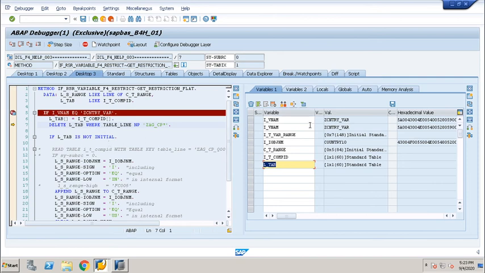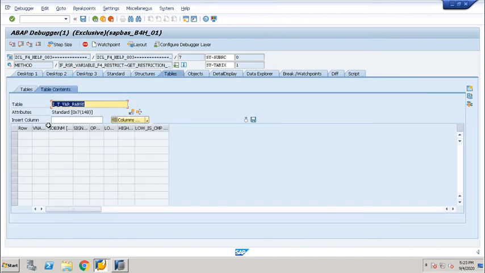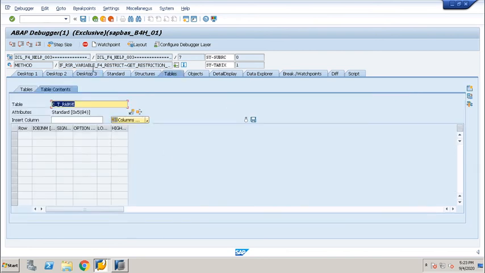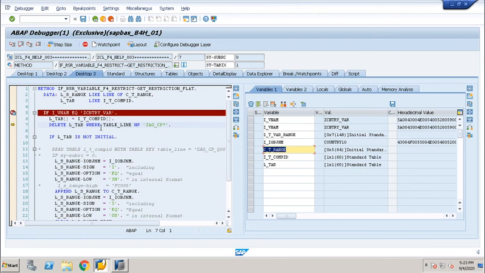Okay, you can see the info object name country 10 that we are using is coming here. Then we can see the variable name which we are passing here. We can see IT var range and check what is there. Nothing is there in the variable name. So the CT range is blank. In the CT range we have to pass the values. Whatever values you have passed will be displayed in the output.